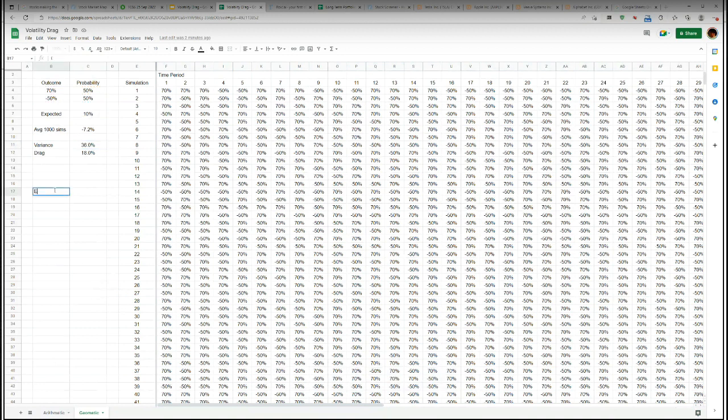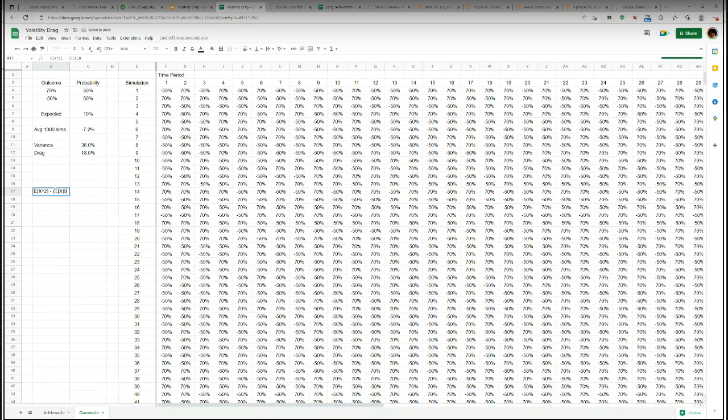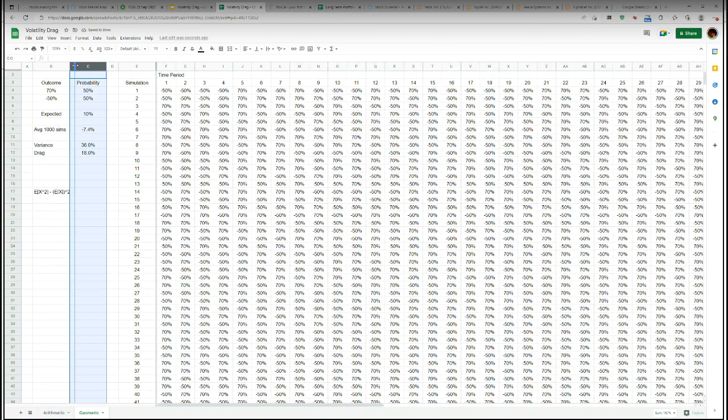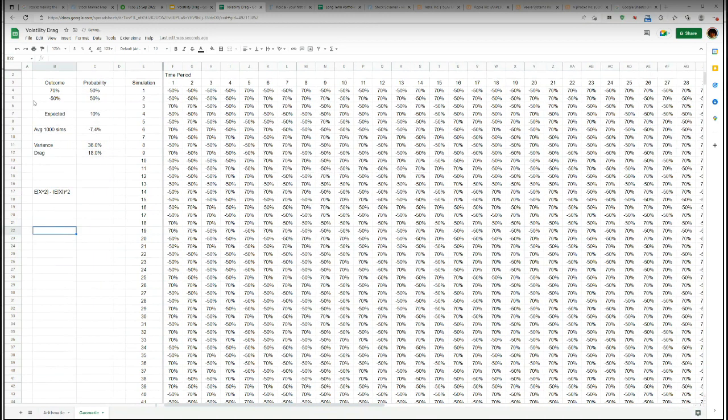So I'll type it here for you. It's like x squared, something like this, minus the expected value of x, then squared, something like this. So this is the formula of variance. But this is an extreme example just to show it, to make it big. You see, this is the variance, right? So if I calculate the volatility, it is around, let's say,